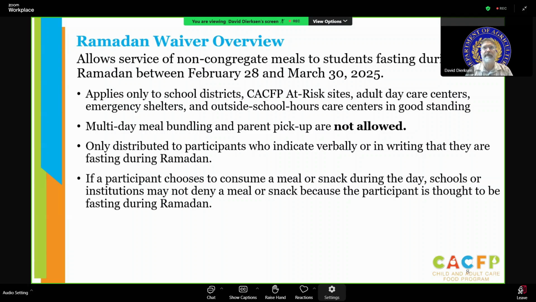You have to be careful about this. You know, this is about a religious practice for folks. You don't want to question them. So basically, if the child or their parents indicate verbally, it does not have to be in writing, but can be in writing, that they are fasting, you take them at their word, you can give them the non-congregate meals. But it is only intended for the kids who are fasting. So you don't question them, but still plan on doing congregate feeding at your site for anyone who's not fasting,